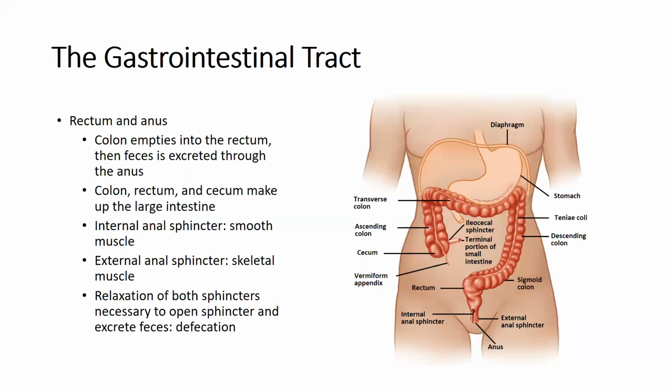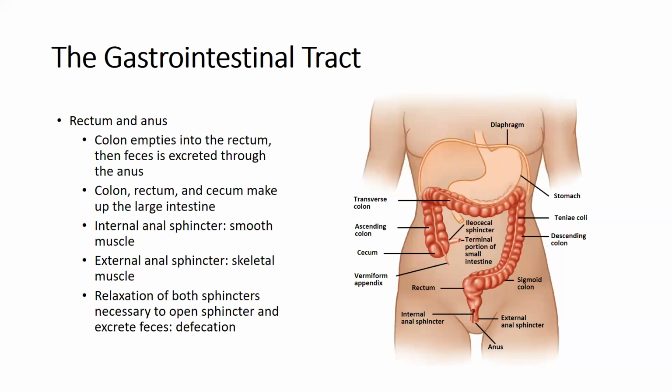So we have at this point an internal anal sphincter, which is smooth muscle, again, not under our control. And then we have an external anal sphincter, which is skeletal muscle, which we do have control over. Right, so you can decide to go to the bathroom. You have voluntary control over the external anal sphincter,